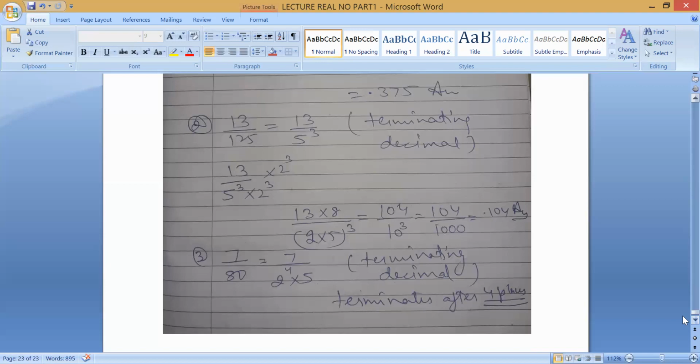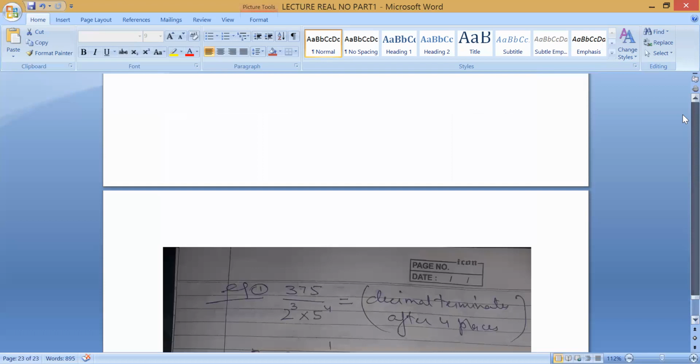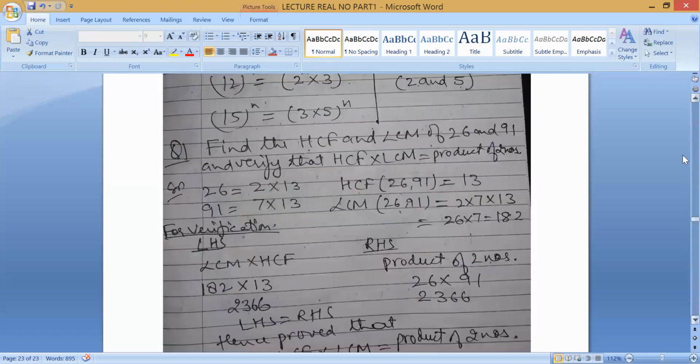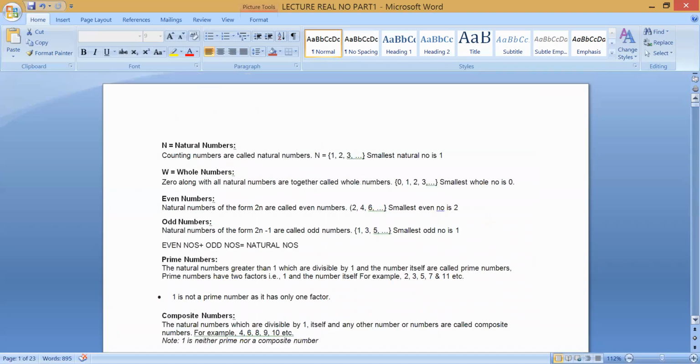So in this chapter, what we have done, first of all, real numbers. What are real numbers? That is rational and irrational numbers. Only two things you have to remember. What is a real number? You will say rational and irrational numbers. Now after that, what you have to remember, that we have studied the Euclid division lemma or Euclid division algorithm to find the HCF and LCM. So the first exercise, I think.